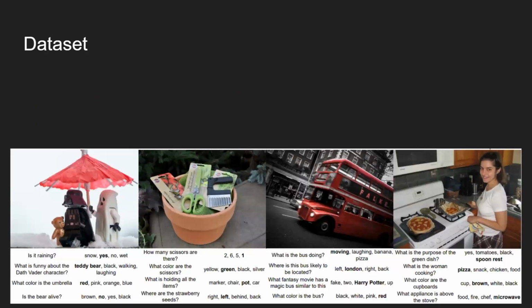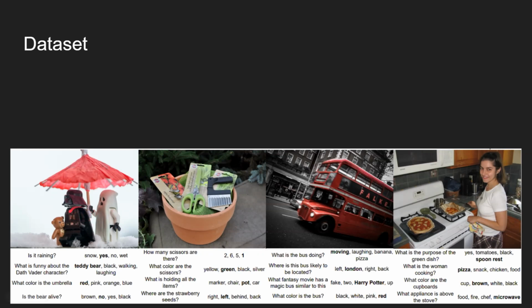So next, I'm going to briefly describe the problem and the data set. Multiple choice visual question answering is just as it sounds. We attempt to predict a correct answer to a question about a particular image from a predefined list of answers. We use the VQA2 data set, which contains a set of images, questions, and answers. So here we can see some examples.